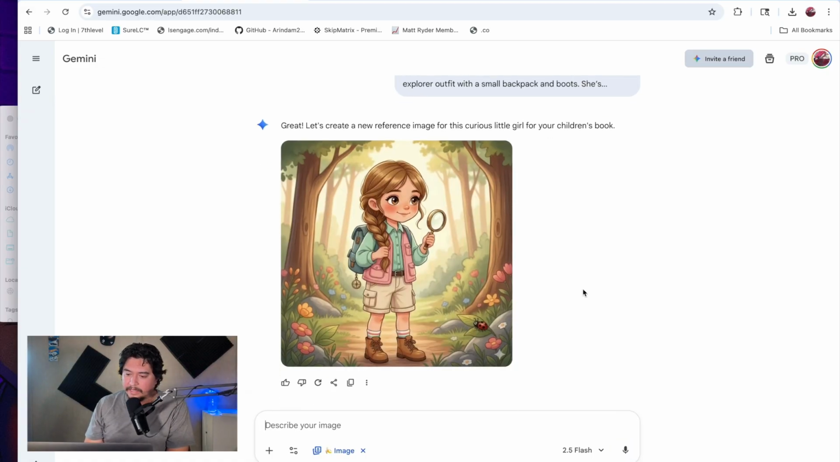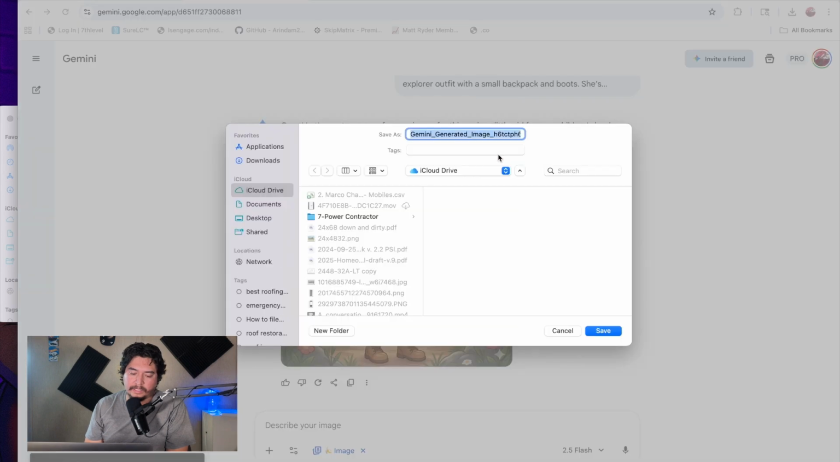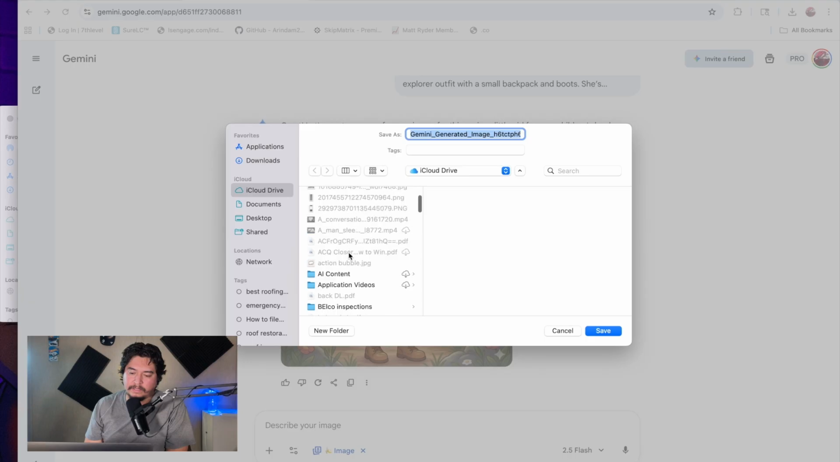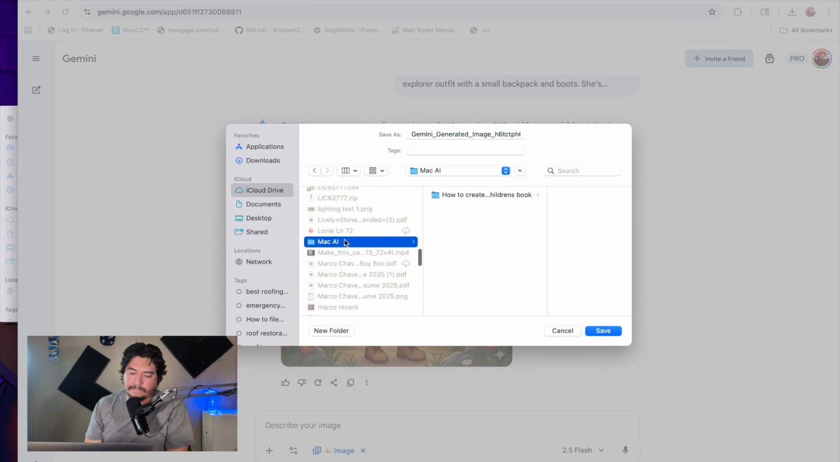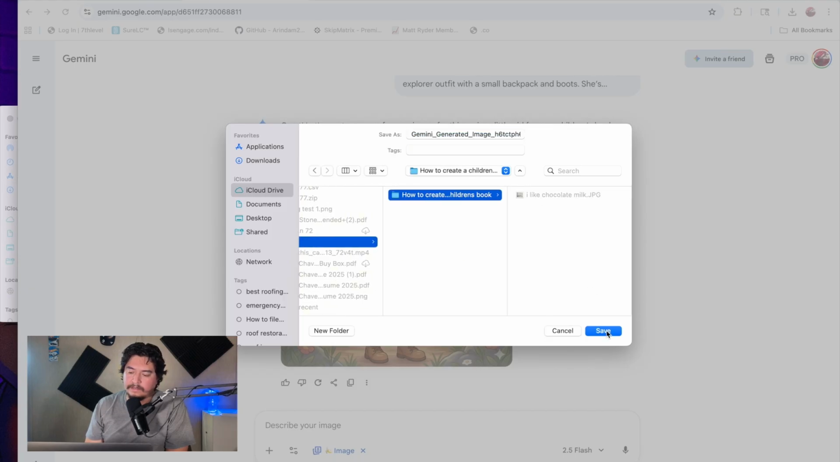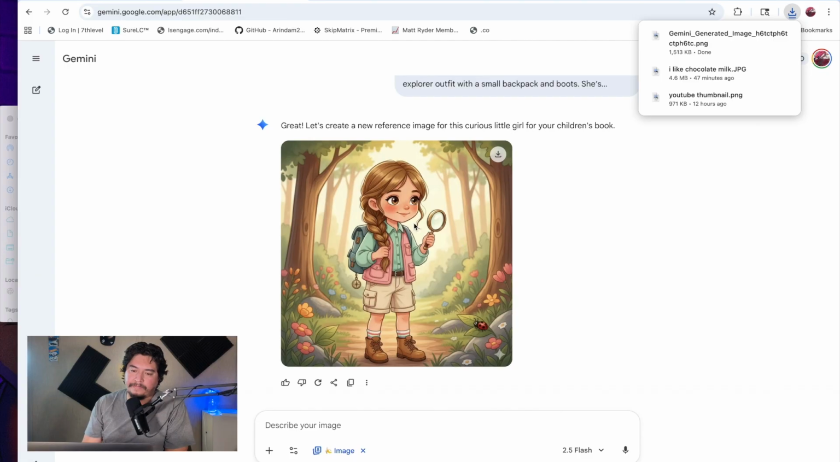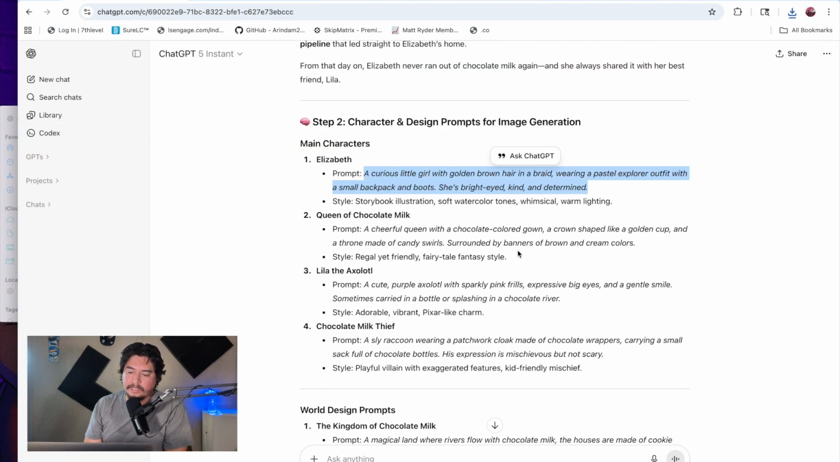So this is kind of what I would... This is very similar. Honestly, it's probably really good. We could probably stick with something like this. So let's go ahead and download. Go ahead and save this, and go ahead and save this here. And then see if we can generate